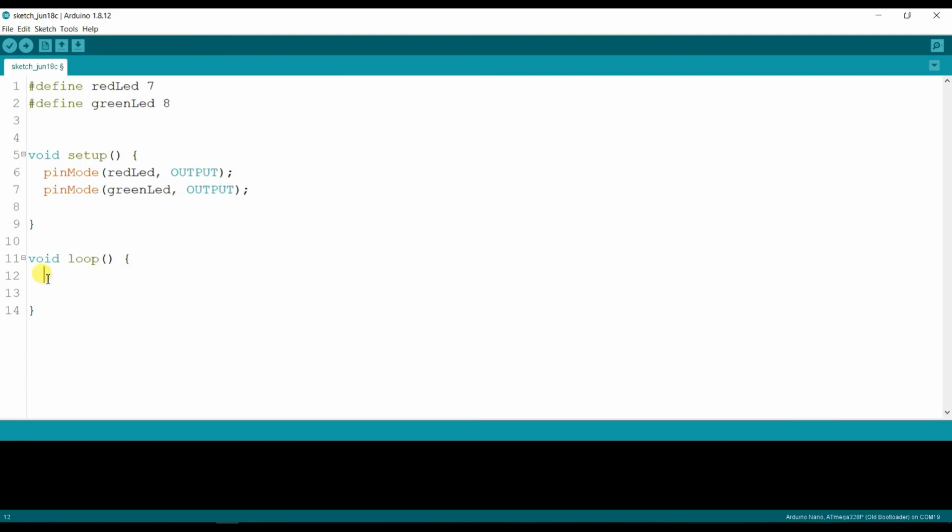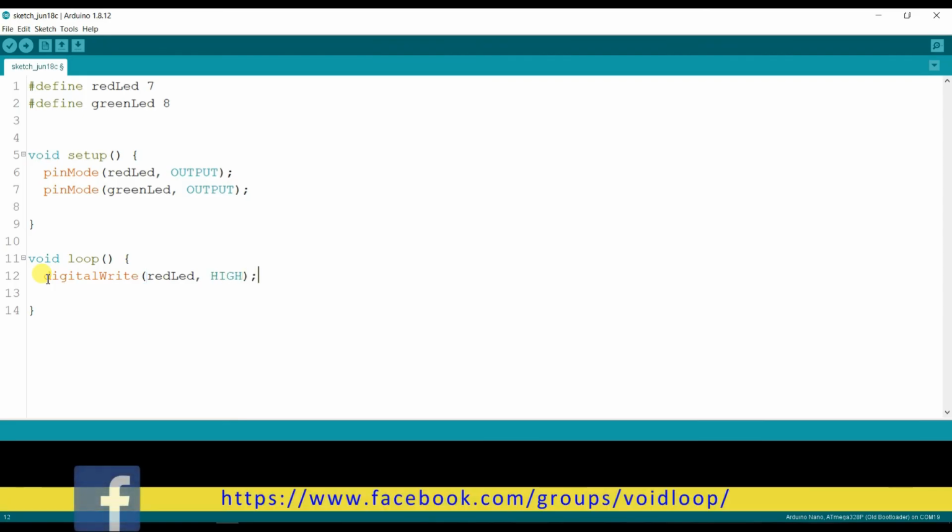First of all, I will try to create the LED blinking code without FreeRTOS. So it's simple. Digital write, red LED is high.